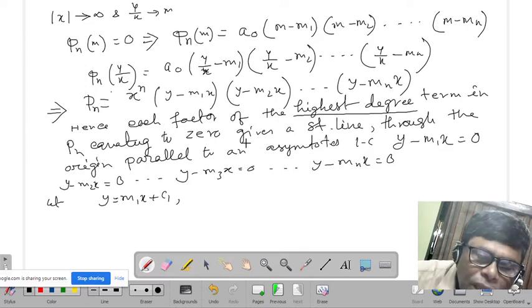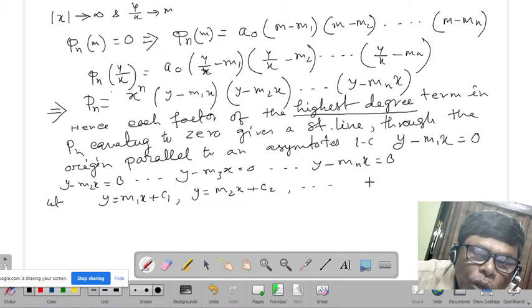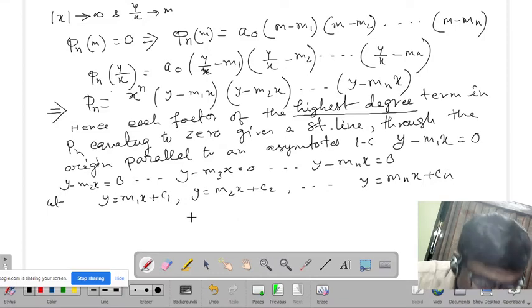We want the original asymptotes. Let those asymptotes be y is equal to m1x plus c1, then y is equal to m2x plus c2, and so on, y is equal to mnx plus cn. Okay,